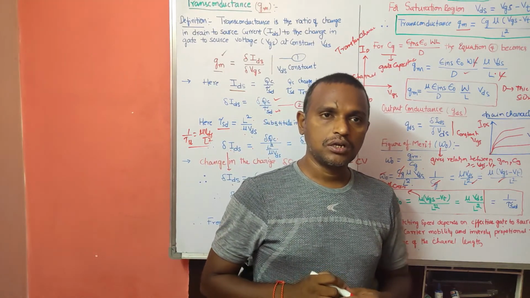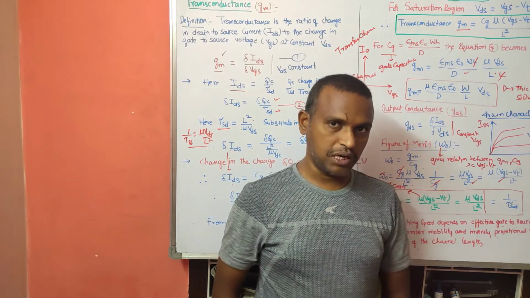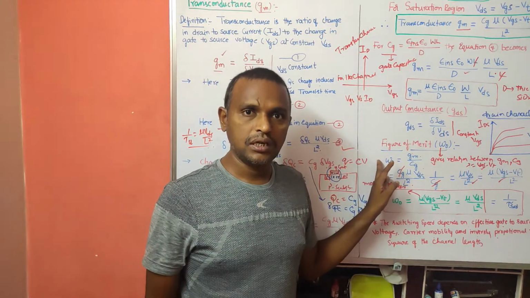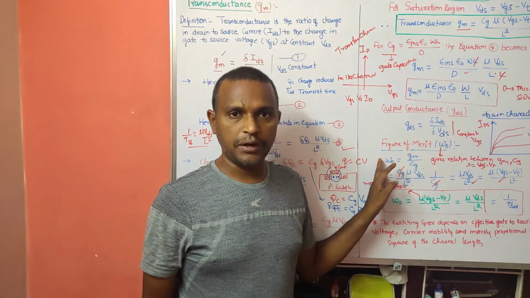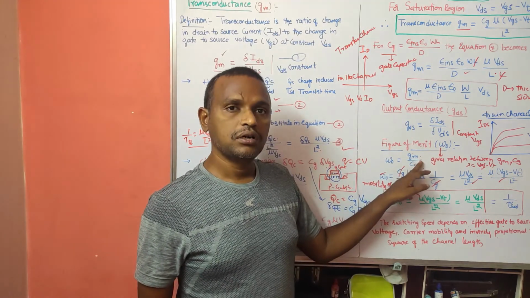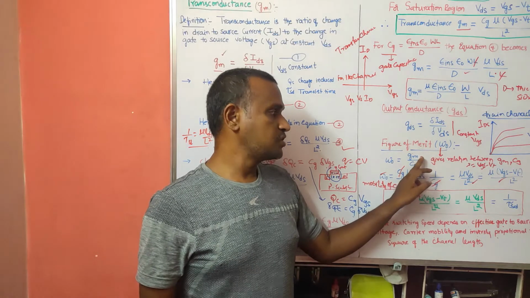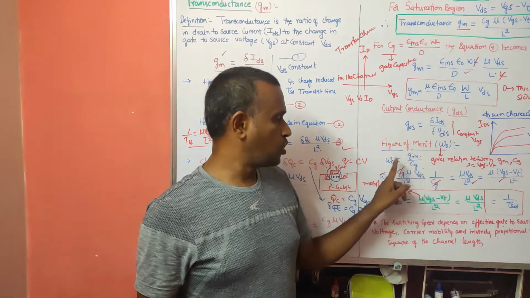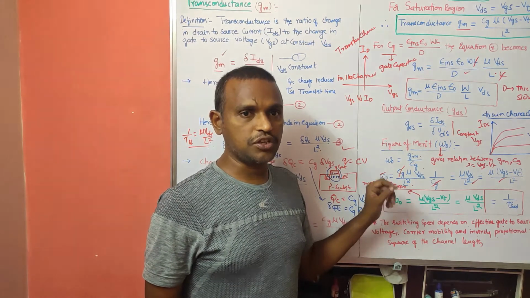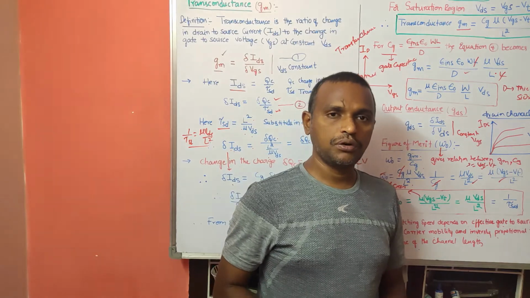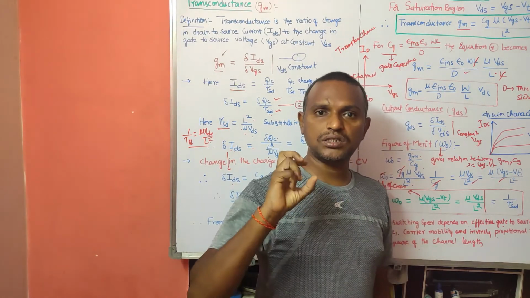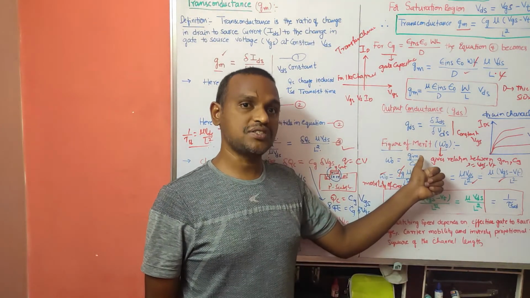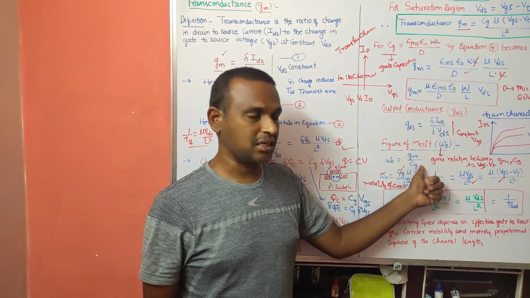Okay, right. So then how can we increase the speed? This omega naught represents the speed. The figure of merit represents the speed. So that depends on what? Figure of merit or omega naught is equal to Gm by Cg. Okay, so if I increase the transconductance value, automatically the speed will be increased. So that is one important point we have to notice. The switching speed of the device will be increased by increasing the transconductance value, or the Gm value.